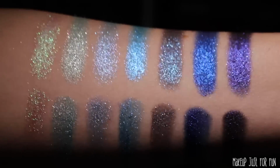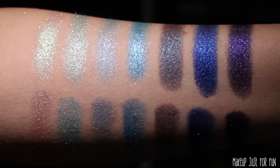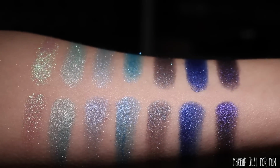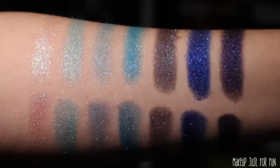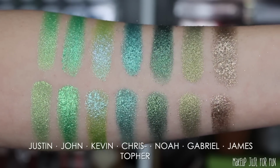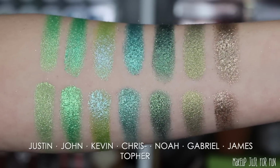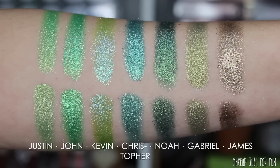Something looks one way on the website, or it looks one way in one person's video, and then it looks really different once you have it in your house because you have a different skin tone, a different lighting situation, a different application method, etc., etc. So I want to try to show you a couple different application methods, a couple different lighting situations to hopefully give you a really well-rounded look at what these shadows look like, how they perform in all of these different